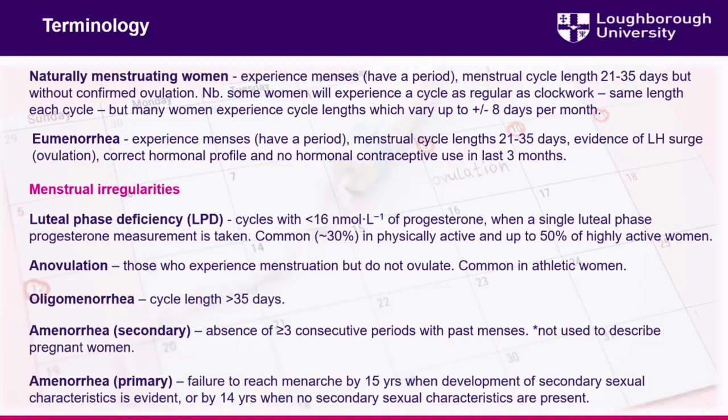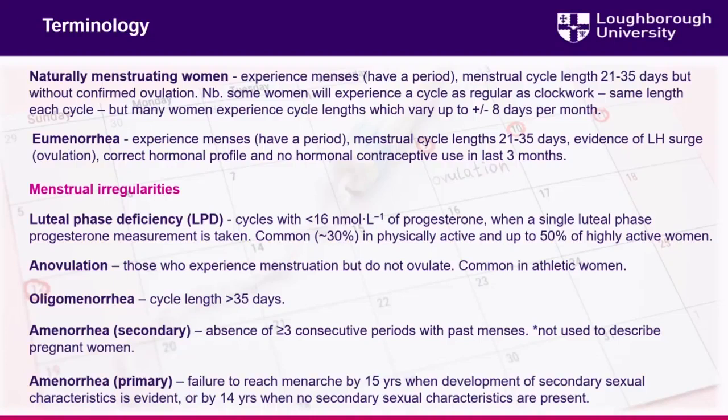They would have correct hormonal profiling, and by that we mean we would expect to see low levels of estrogen and progesterone in the early follicular phase. In the late follicular phase, we'd see high estrogen and low progesterone. And in the mid-luteal phase, we'd see high progesterone with a secondary rise in estrogen. And that they haven't used hormonal contraceptives in the prior 3 months. So that's the reference that everyone is trying to get towards, testing these eumenorrheic